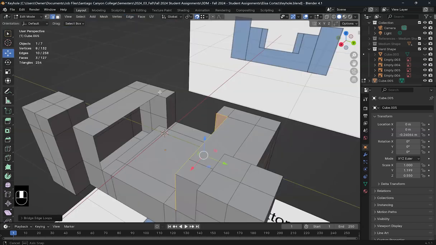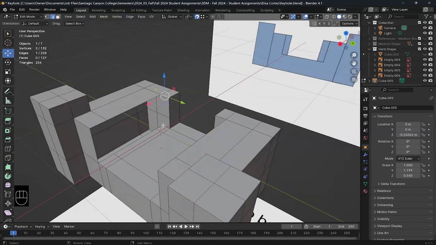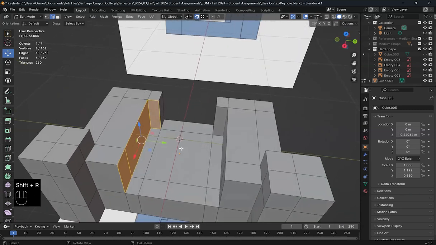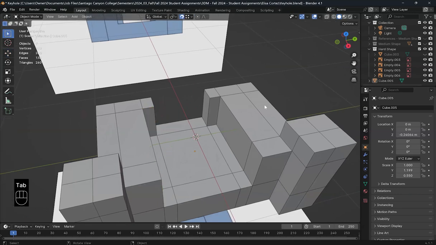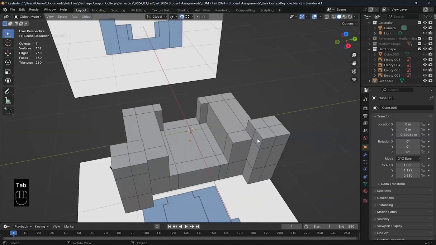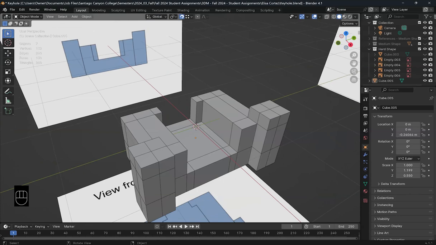And then bridge edge loops over here. Shift R. And if I tab in object mode and then compare that,